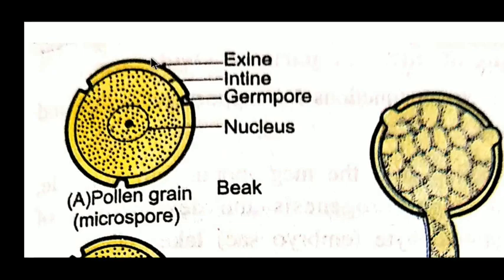Whenever pollination is done with the help of insects, the pollen grains of those plants have spiny exine. In plants where pollination is done with the help of wind, there is no necessity that the exine should be spiny, so those pollen grains have smooth exine, while others have spiny exine. This exine is mainly composed of sporopollenin.